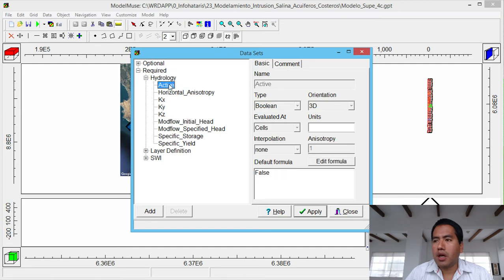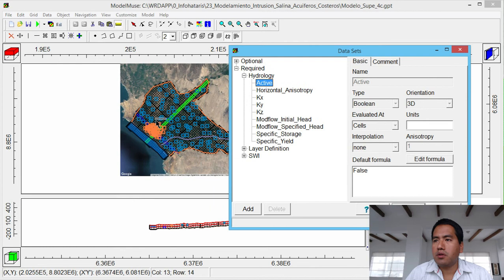And then we say active. Well, everything is false because we have an object here that will be defined as true. So that's why the kx is 5 10 to the minus 5. This is the horizontal hydraulic conductivity, the same, and the vertical hydraulic conductivity is 10 times less. And this is why we wanted to have two layers, because we wanted somehow to assess this